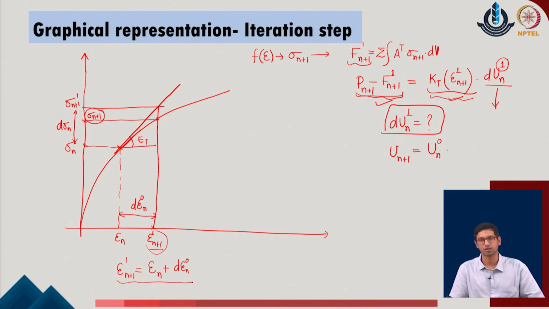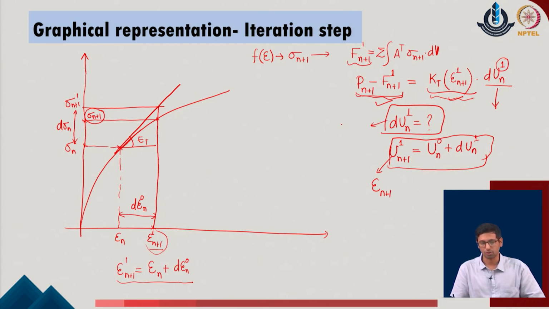So, this was earlier with the 0th iteration, and now we have added the first iteration value in the given system. This is the first iteration value corresponding to the u of n plus 1th node in the given problem. Now, the moment we have obtained this value in the system, we go back again to calculate the respective strain parameters in the given system. So, we again calculate the epsilon n plus 1 in the given system.